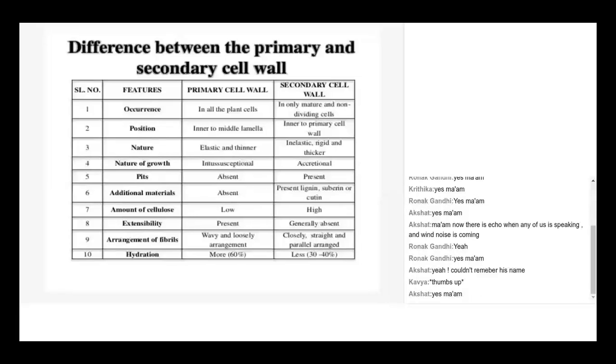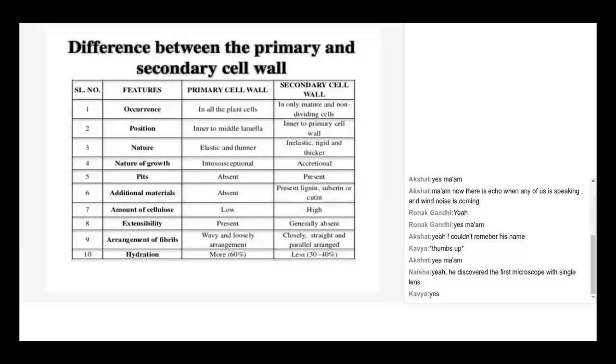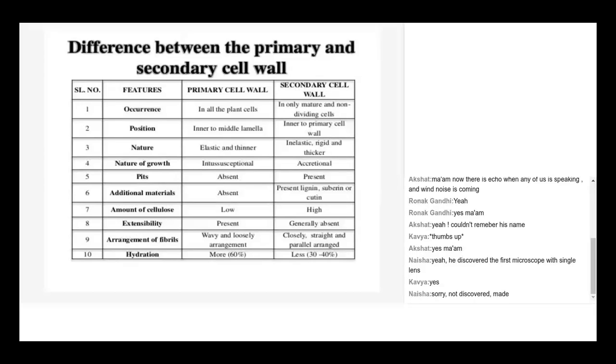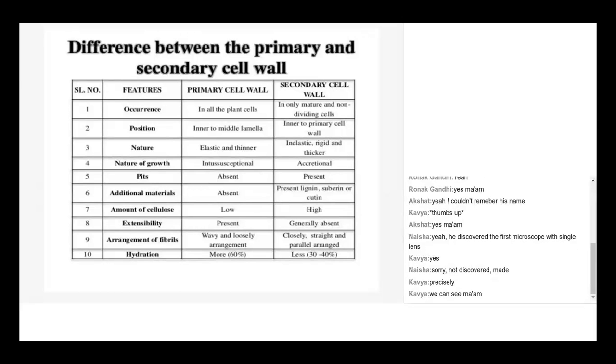Okay. One more point over here. If you observe the features showing the primary cell wall and secondary cell wall differences, here is the word pits, P-I-T-S, pits. This word you have to understand, because when we get into the next topic in this chapter, we'll get this word very frequently. Now when you say pits, what does it mean? Pits are nothing but gaps. The gaps you will find only in the secondary cell wall. We won't find them in the primary cell wall.